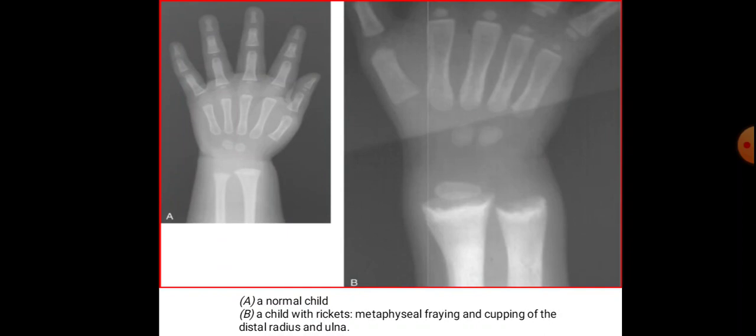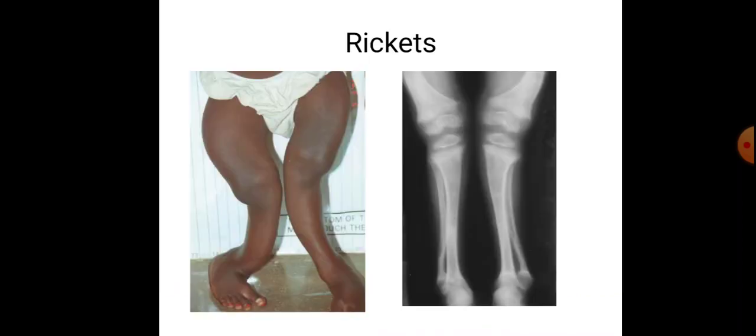See the X-ray of two different kids. One is that of a normal kid and the other is that of a child having rickets. See the distance between these bones. In picture B, you can see there is increased distance between the lower end of the radius, ulna and the metacarpal bones. Okay. This is the knee joint defect in rickets, that is knock knee and all.